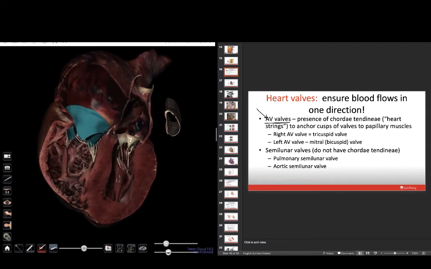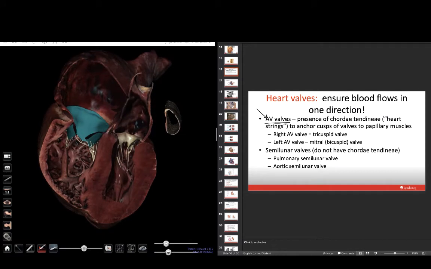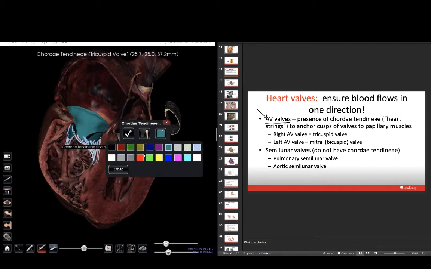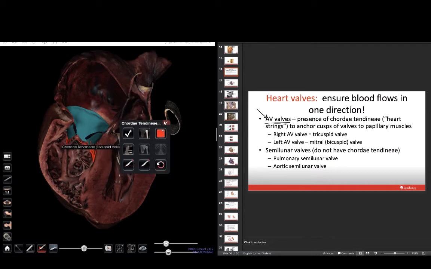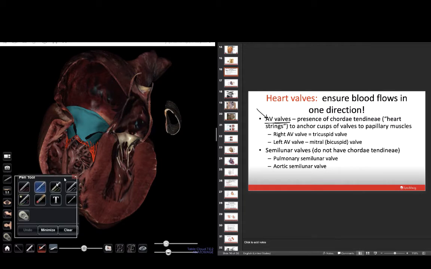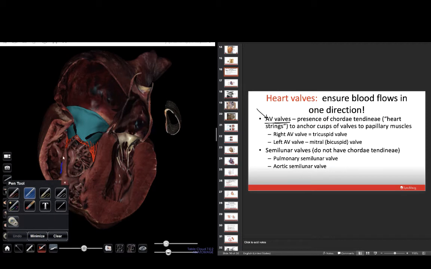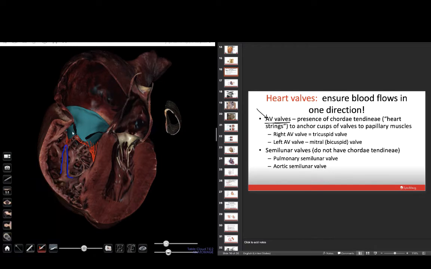It has 3 cusps as part of its valve, and it's anchored to the papillary muscles in the ventricle by these strings called chordae tendineae. And so these are collagen strings, and they're basically going to anchor the cusp of the valve to the papillary muscles. This is important because when the ventricles contract, the papillary muscles themselves contract, and they're going to hold the chordae tendineae taut